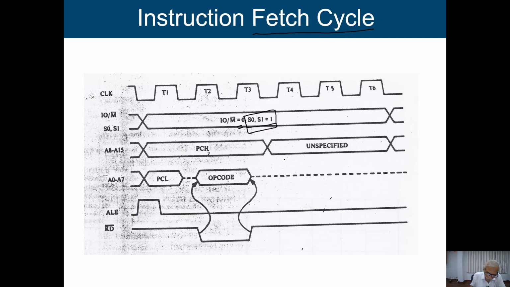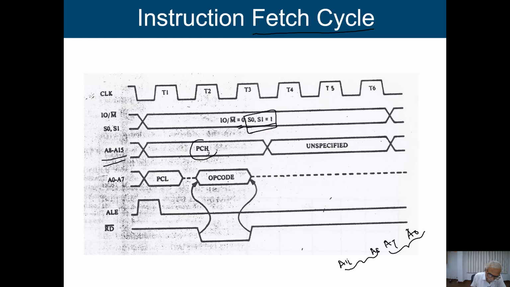Now what is my address? This is your A0 to A7, then A8 to A15. In the lower 8 lines the bus is multiplexed, you may have address and data. So this is A8 to A15. Since it is an instruction phase, the address will come from the program counter.